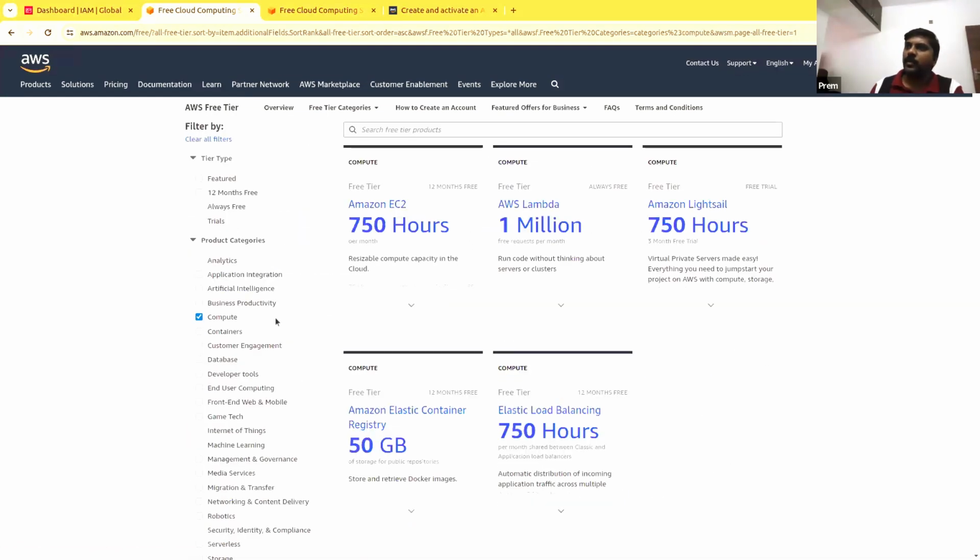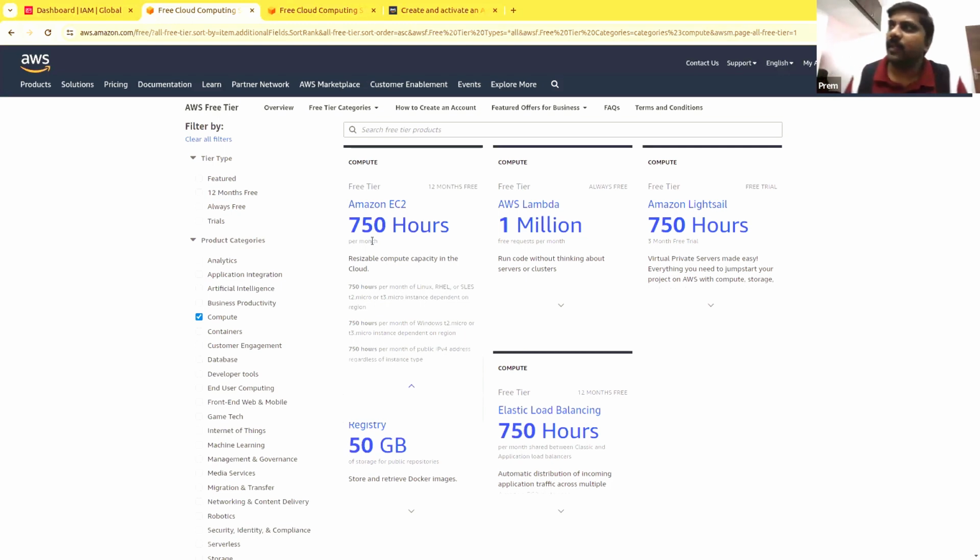Let's see compute. For EC2 instances, they say 12 months free, 750 hours per month. If you go beyond 750, then you will be charged on an hourly basis after that. But this is to give you some bandwidth so that you can use your EC2 instances to build your applications, do a dry run, check how it is working, all these things.